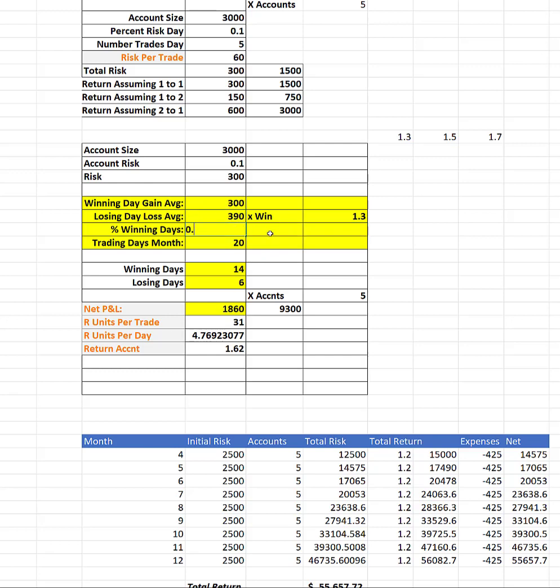If you drop it to 1.3, you're a little tighter. You're targeting basically 300 and risking 400 to make 300. If you get that 60%, what's nice about this one is that with just this mediocre consistency, you actually manage to put up a profitable month. I like that. 1.7, if you need a little more risk, gives you a 300 target and